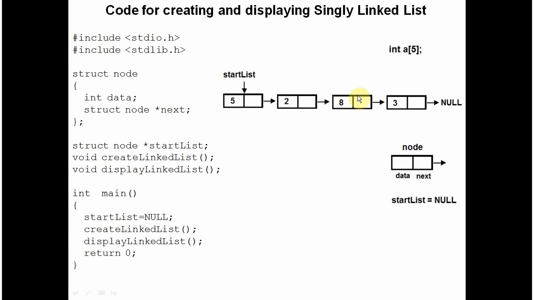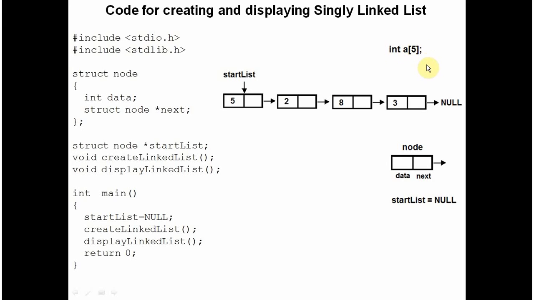The question is, why shall I go for creating a single linked list? Suppose you create an array. The problem with the array is that memory is allocated statically. For example, this A is of 5 elements. While programming, you determine that you need more elements besides these 5. You won't be able to allocate more memory for this array because once it is allocated, you can't add more elements. You can't resize it.